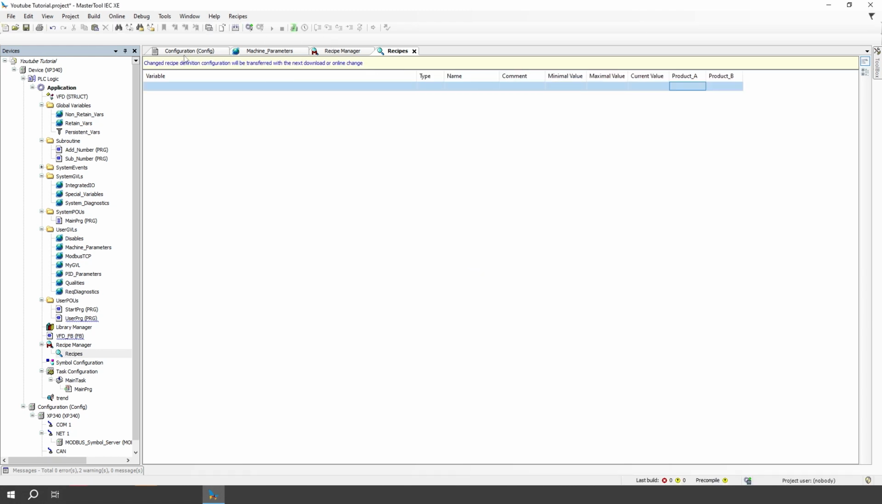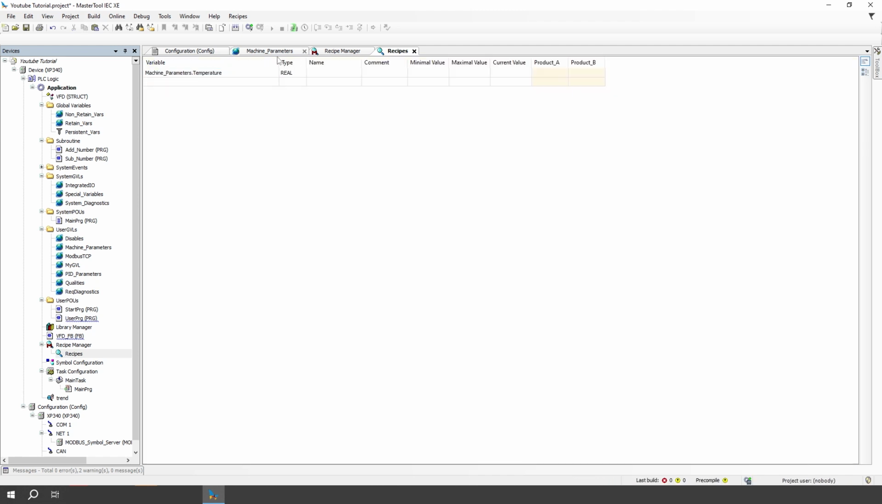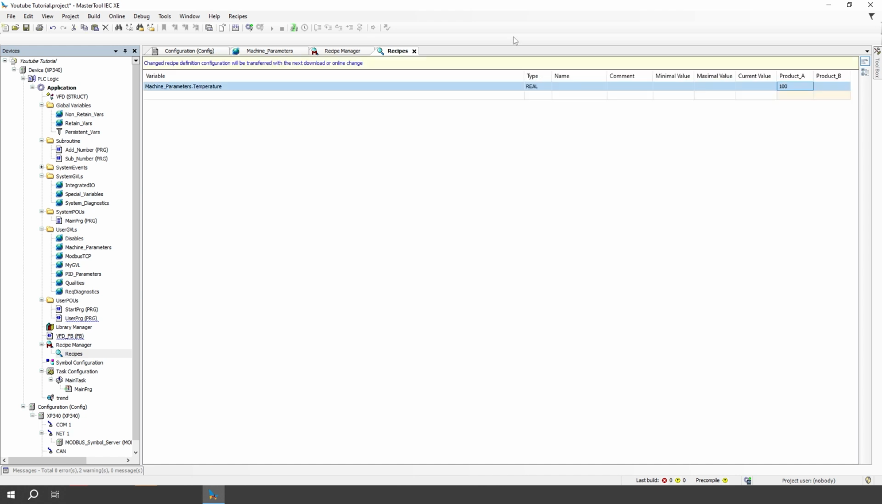Now I can select the variable that's going to be changed based on the recipe that is selected. Here on my variable, I'm going to write the name of the GVL where it's located, that is machine parameters, and my variable is temperature. For product A, my temperature variable needs to be set to 100, so I'm going to write 100 on my product A, and for my product B, it needs to be 150, so I'm going to write 150. Now I can log inside of my PLC,